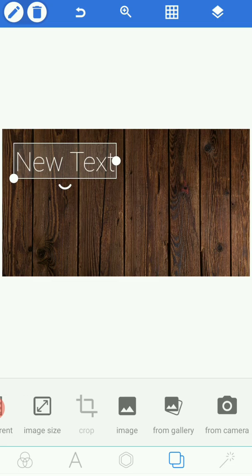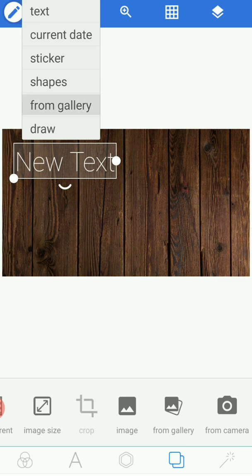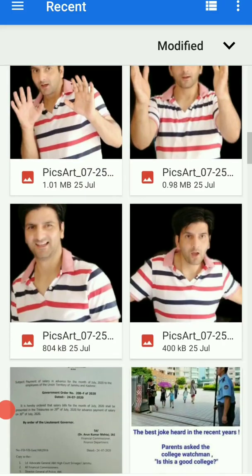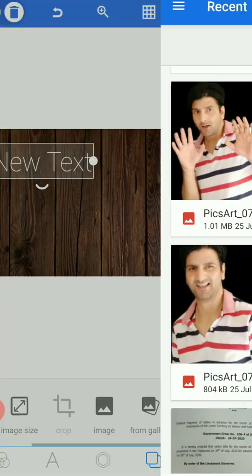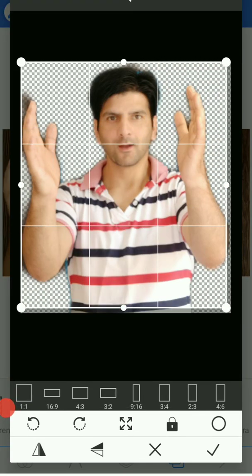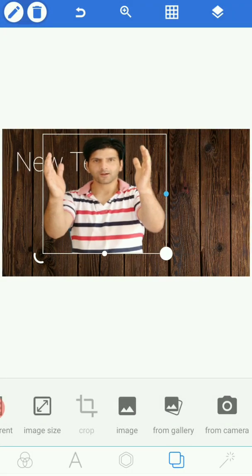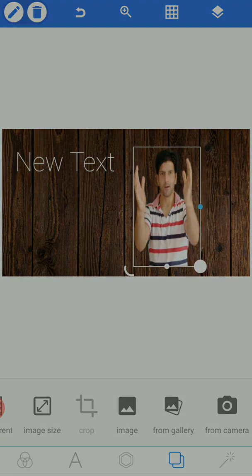Now if you want to add your image, you don't have to add that image from here. It'll change your background because this is showing you the background sign, you're using it for the background. Now if you want to add your image to this, you have to click on the plus button here. After that, from gallery, you can take any of your pictures, like I'll take this one, and you can keep it there like this. Okay, you have to slightly adjust it